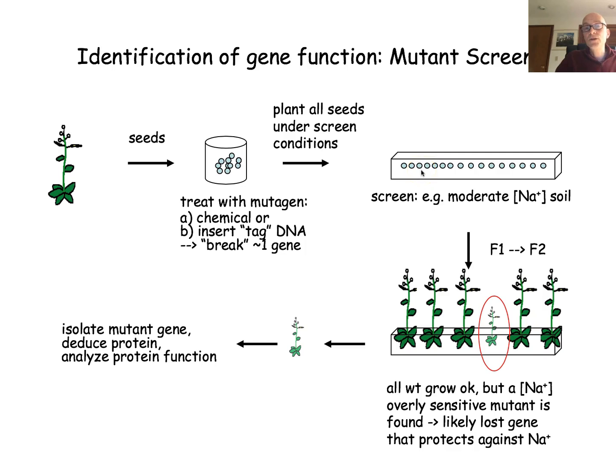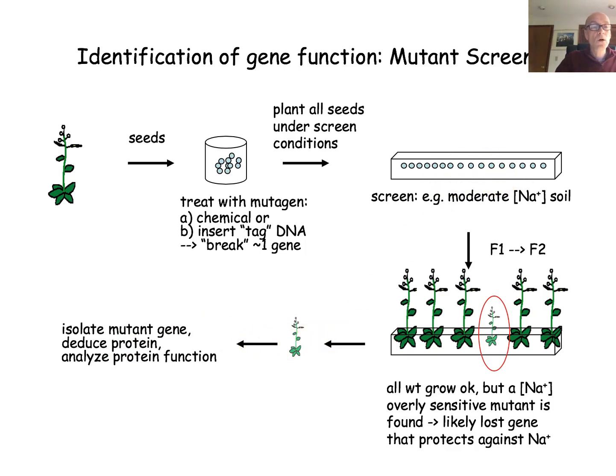You screen them under a certain condition, and this is where you have to become creative, right? If you are looking for something that is sensitive to salt, for example, then you would put some salt in there, and you would look in the F2 generation, after it is segregating for a recessive allele on both chromosomes, for somebody that looks different, right? So in this case, all of them are growing okay, but this guy is looking weakly, and so that must be overly sensitive to the salt that you put in there. And so then you take that plant out, and you isolate the gene from it, and then you deduce the protein and analyze its function,